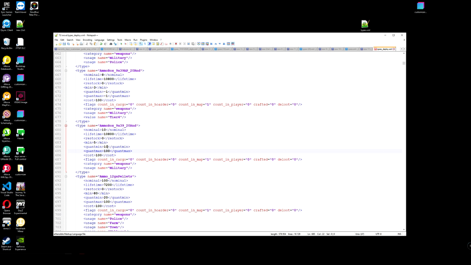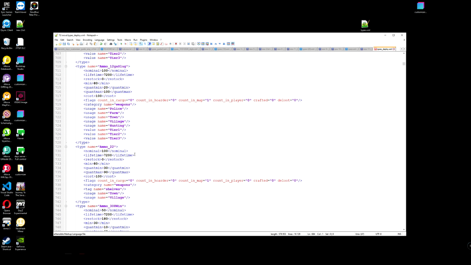And for all normal type items, even for ammo box, always put -1 here. -1 in general means disabled, not in use. Okay, so for ammo box it should be -1.